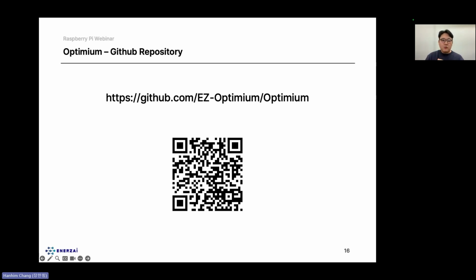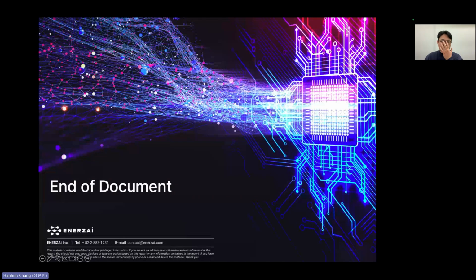So to sum up, we are currently helping a number of companies here in Korea who are seriously considering Raspberry Pi for the mass production of their AI-powered products. These companies are involved in robotics, smart parking solutions, healthcare, and more. We are closely working with them based on Optimium so that they can meet their mass production target. Our goal is to foster a lot of commercial and industrial AI projects on Raspberry Pi by using Optimium, and I'll be more than happy if you could be part of it. So this is all I've prepared for today.